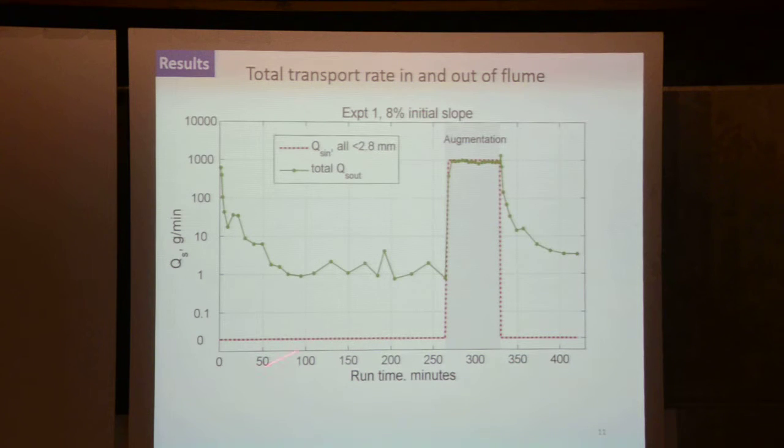So here is a plot. There's runtime versus sediment flux, and the red line is the flux in. I have zero flux here at the bottom, though the rest of these scales is a log scale. Just note that. And initially, starting from this unstable bed, we have a very high sediment flux, which drops off rapidly and then more gradually. I am stopping the flume to make various measurements, and we get down to this level of 1 to a few grams per minute coming out of the flume, and it doesn't